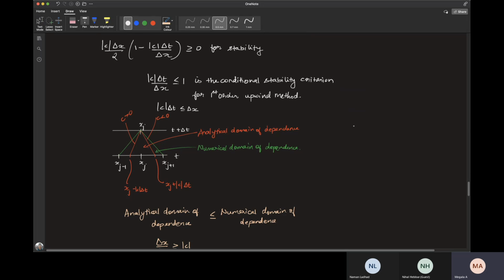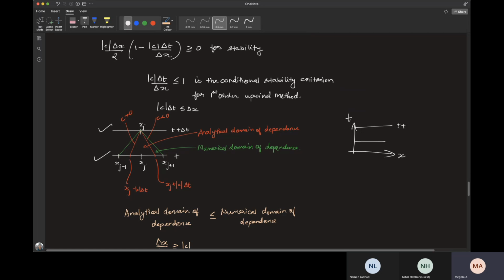Earlier when we were at PDEs, we were drawing our xt plane, and we were drawing the characteristics in some way. These were our characteristics when we were in the xt plane. Now I'll just remove these characteristic curves and let's just be in the xt plane itself. This is the part of the line that I have drawn over here, and this is the part of the next line.